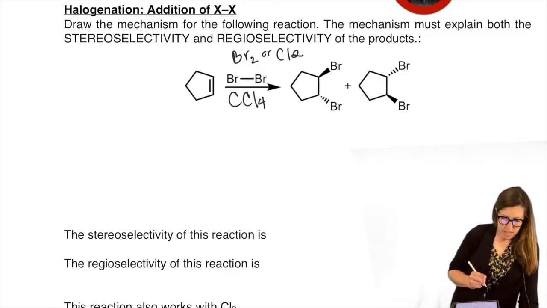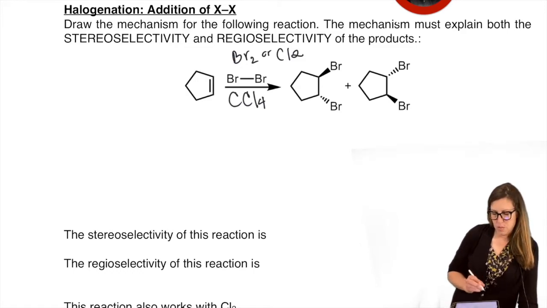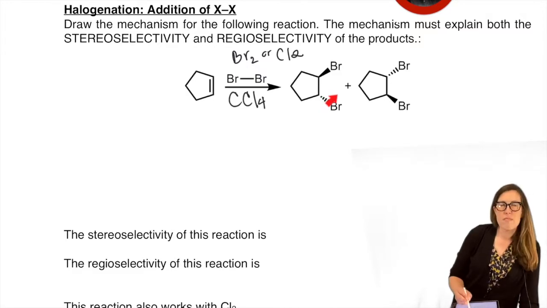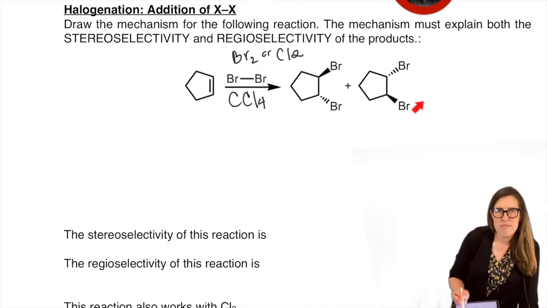Do we see stereoselectivity? In other words, look at what's going on with the dashes and wedges. They're very specific, right? If one is a wedge, the other must be dash. If the other one's a dash, it must be a wedge on the other one. They are never the same thing. They never match. They're never syn. They're never cis. They are always anti.